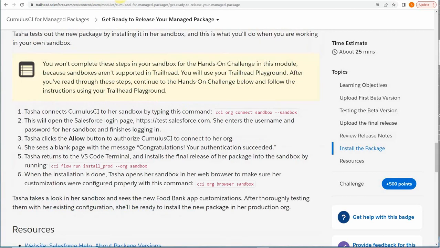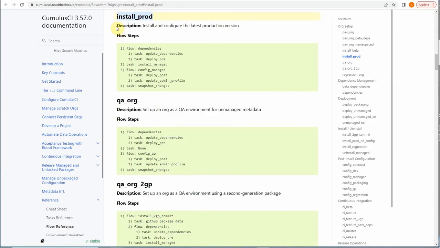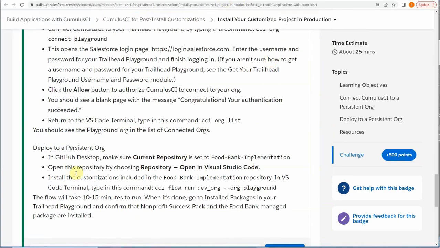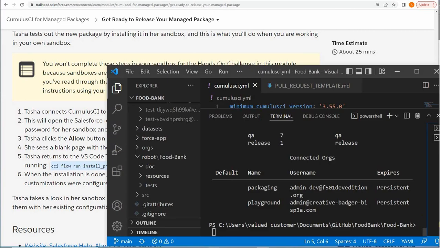Now just as additional background, I did a search on install prod to see what it said, and what it shows is these are the flow steps that are involved. It doesn't really help me. But also looking out here, this one is different because it's using a flow run dev org to install it. So that's not going to be right because this one is different. So instead what I'm going to do is to use this, copy it, and then append to it, go back out here, and assuming we're all still here, what I'm going to do is to paste this in